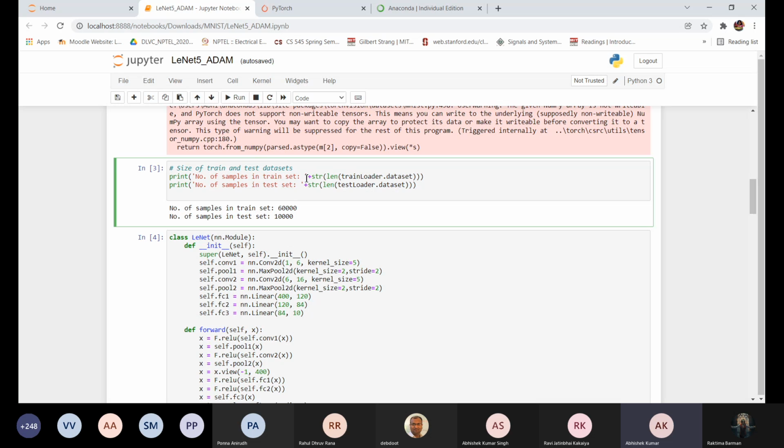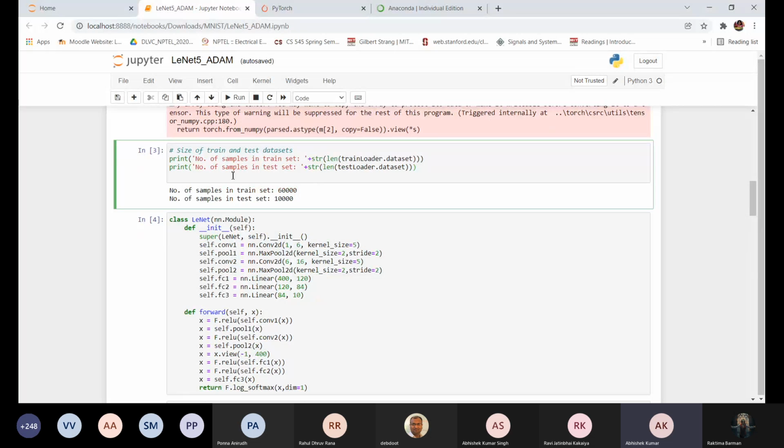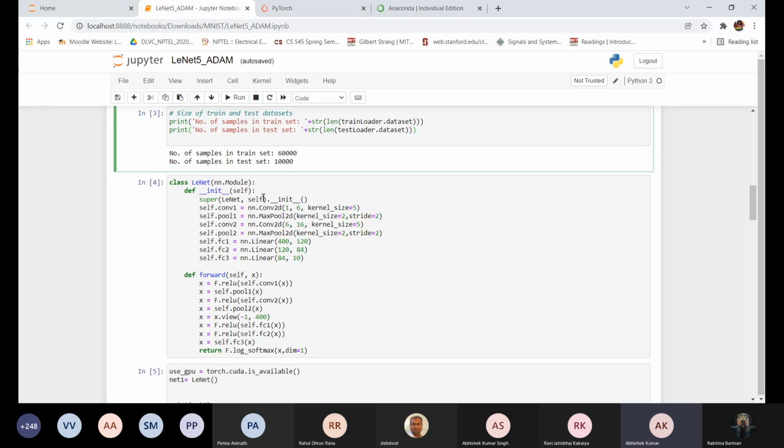Till here we are together now, like you heard till then. Here what we are doing is just printing the number of training samples and testing samples. Okay, and after that we are defining our model. So basically in the model definition part, what we are doing, we just